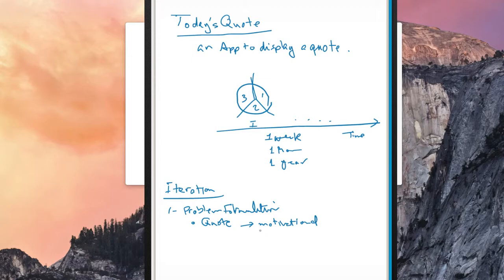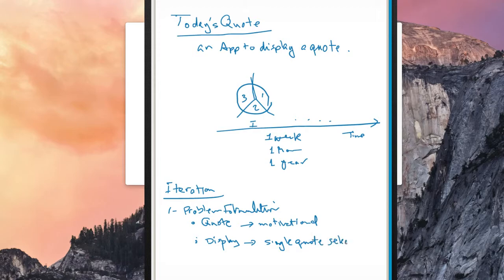Well, it's going to come from your client. So if you're the one who's making this app for yourself, then you come up with this answer. If somebody else called you, then you hold a conference with the client. You call them on the phone and say, hey, what kind of quote were you thinking? And then it says it will display a quote. Is it one quote? What about the display? Is it a selection of quotes? Are these preset quotes? What is the display? We're going to say here that we're going to display a single quote